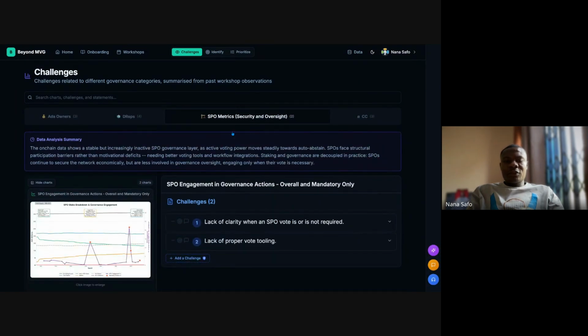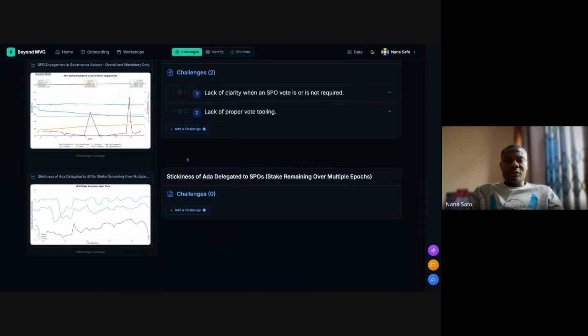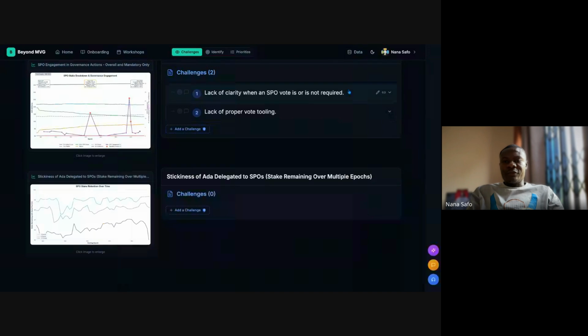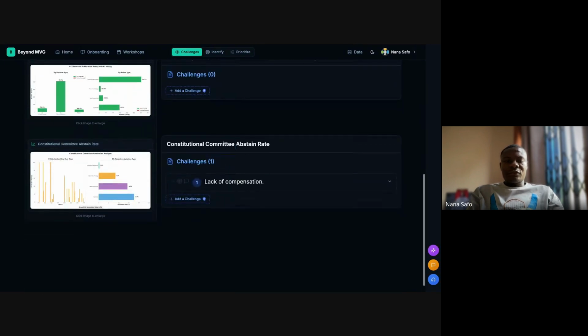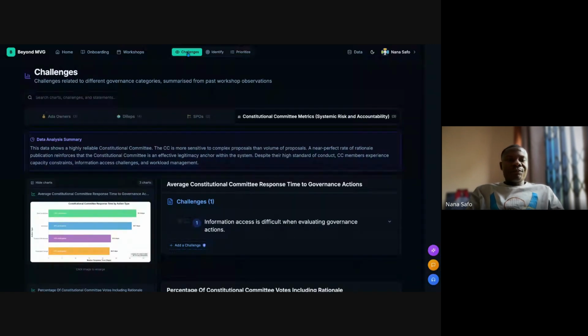Then for SPOs, there are 2 open challenges now that you can look at. This is also the metric that you can look at to give yourself a fair view of what is happening and then be able to recommend if you have any. And then there's a CC, which also has 3 so far. Right. So now, having had a look at these challenges,